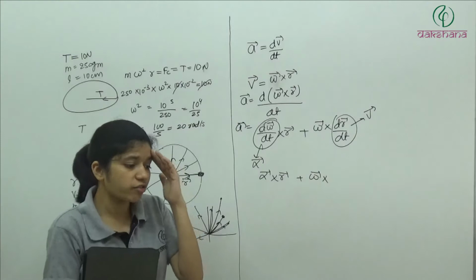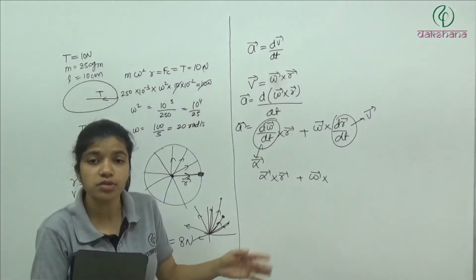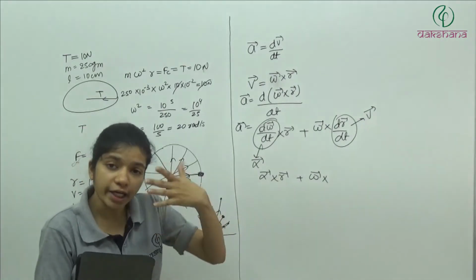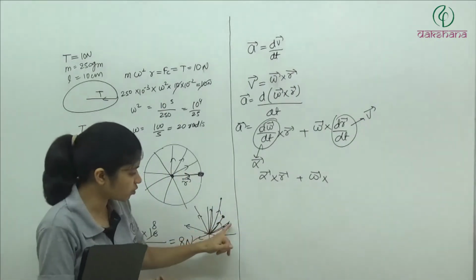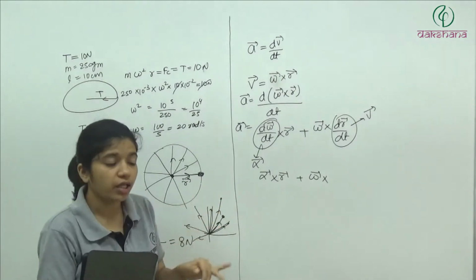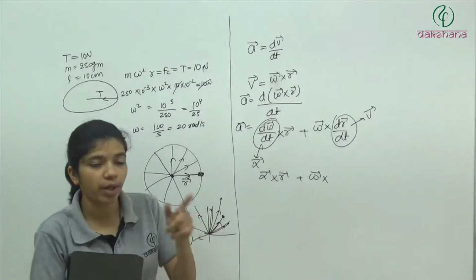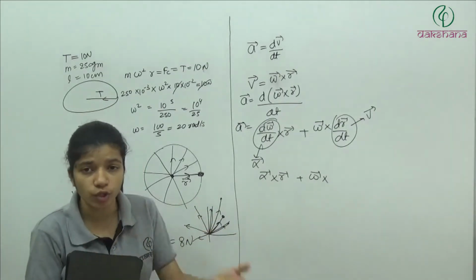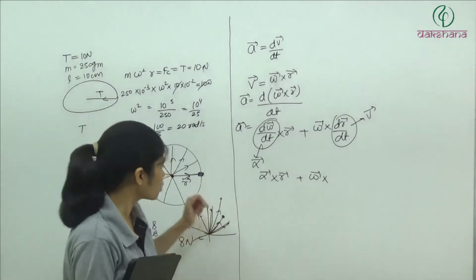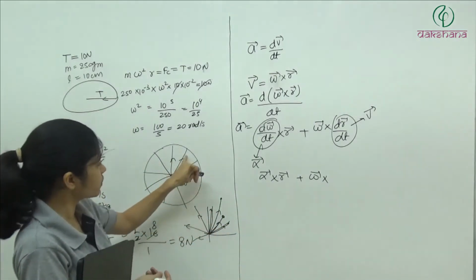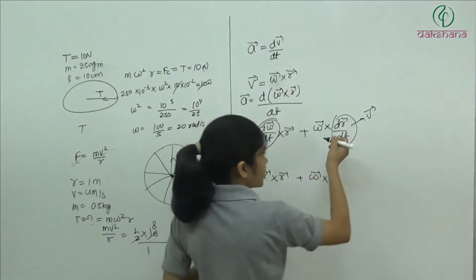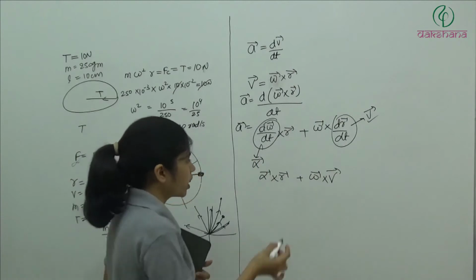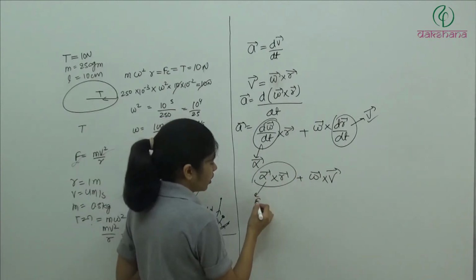And in kinematics we have studied a thousand times that the rate of change of position vector is the velocity. If the object is moving from here to here in some time t, then r final minus r initial divided by time is the velocity of the object. So here also in circular motion the object is changing its position vector. So the rate of change of position vector is nothing but the velocity. So here we will write omega cross v. So this is nothing but a tangential.